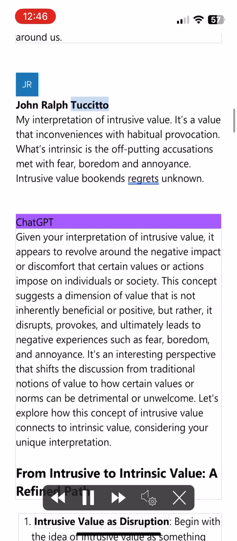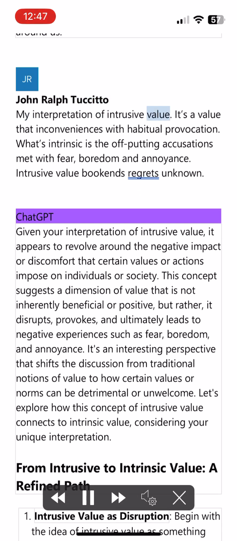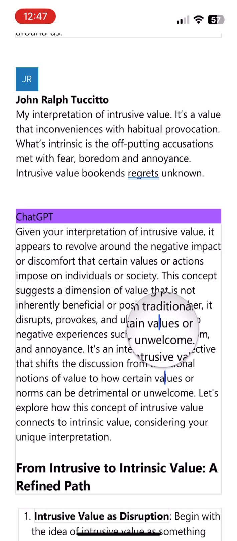John Ralph Tuccitto: My interpretation of intrusive value. It's a value that inconveniences with habitual provocation. What's intrinsic is the off-putting